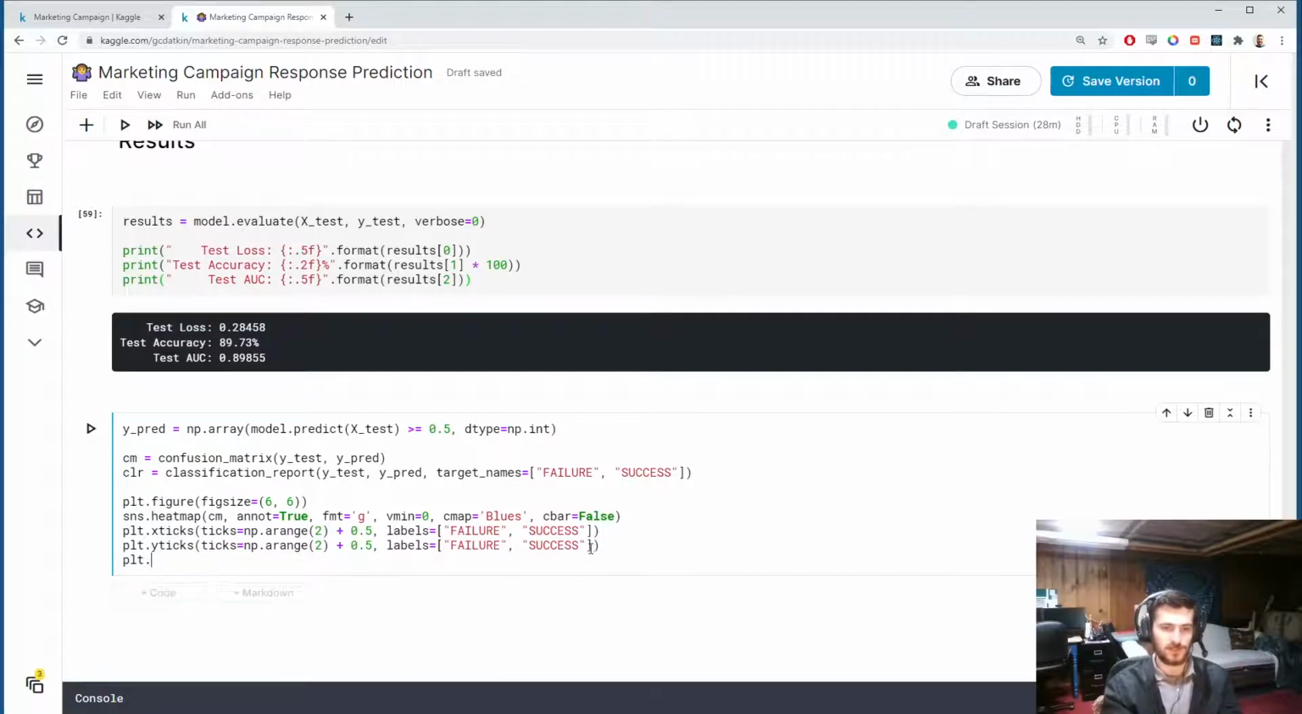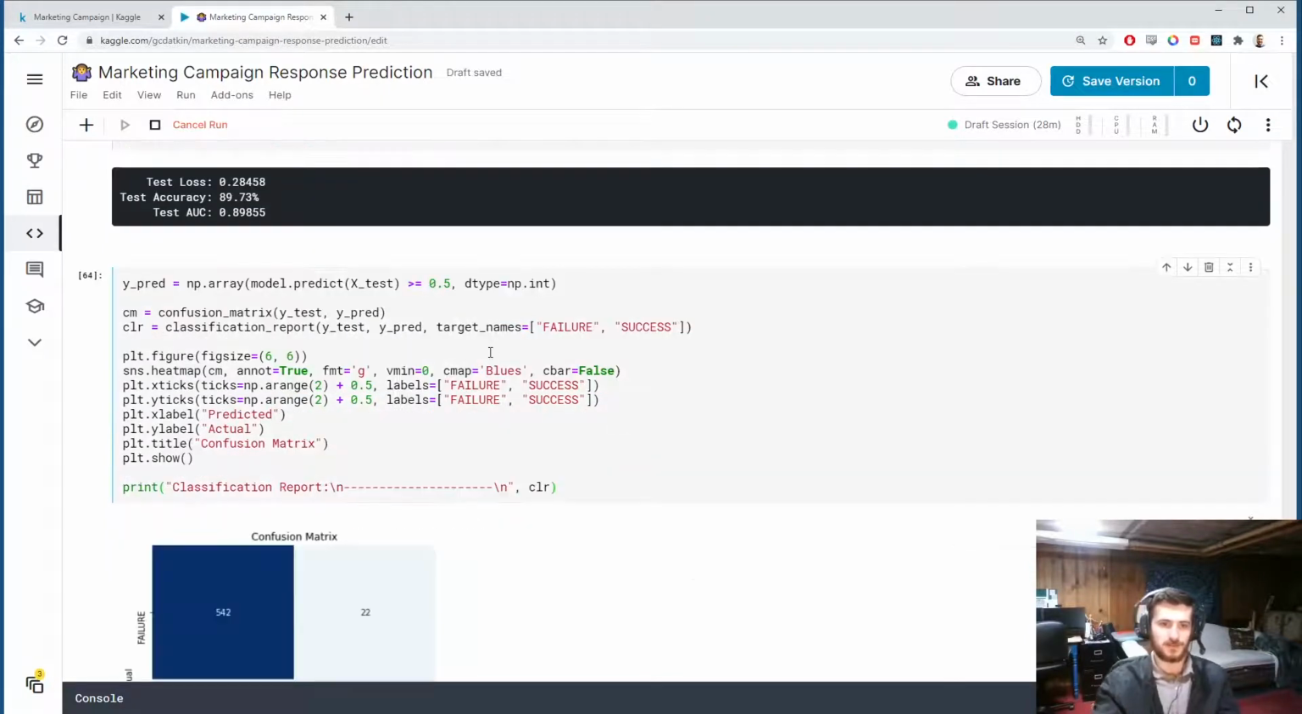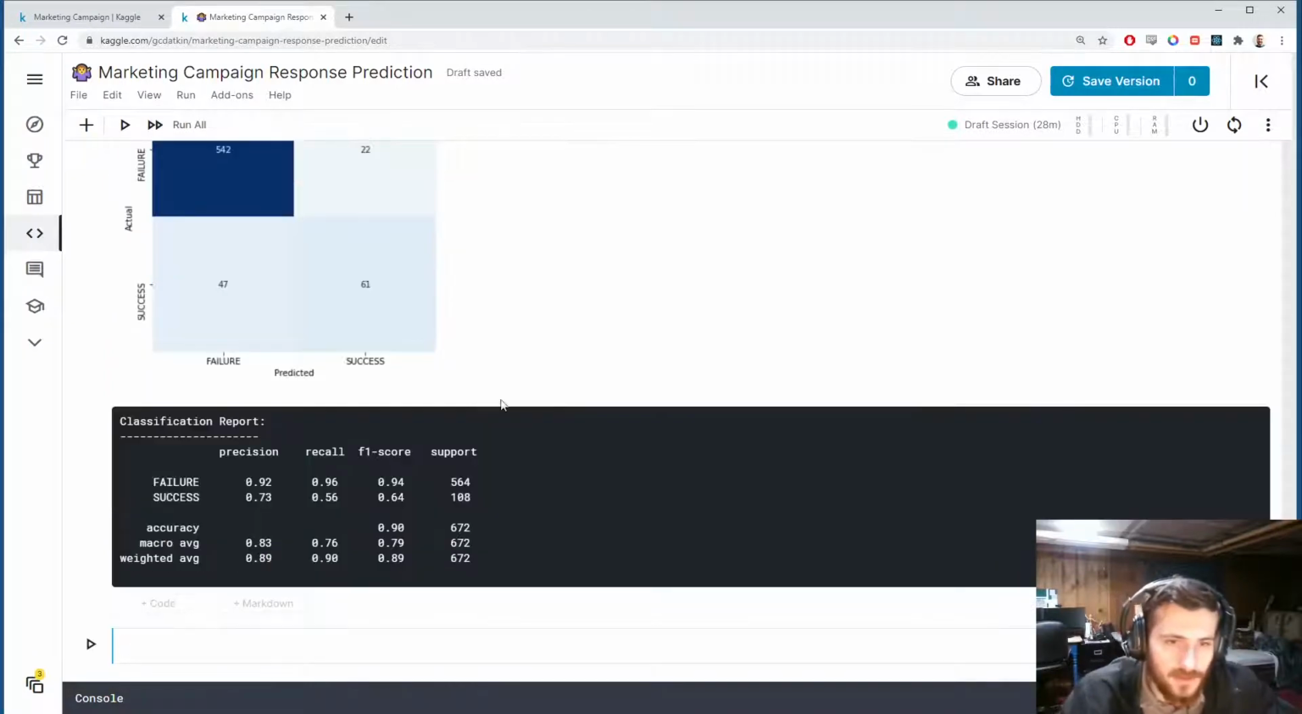Alright, and then we'll give it some axis labels. So on the x will be the predicted values, on the y will be the actual values, and then the title of the plot will be confusion matrix. Alright, and we'll show it and print out the classification report. So pass in CLR, and let's take a look. Alright, so